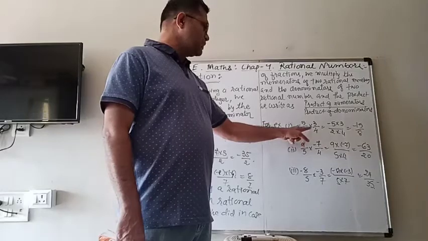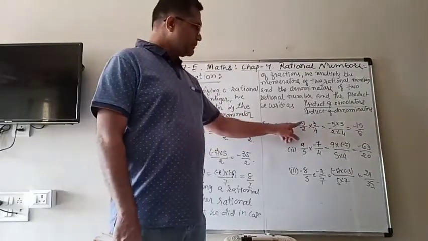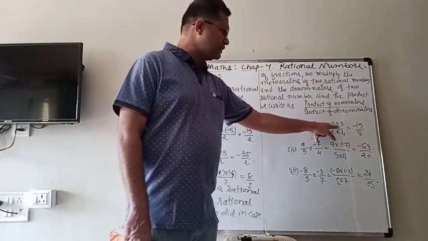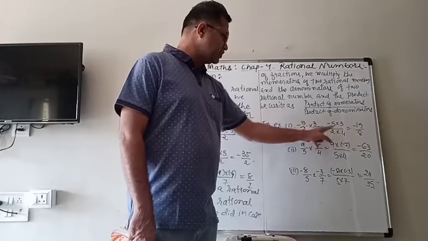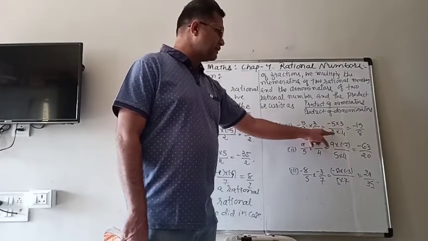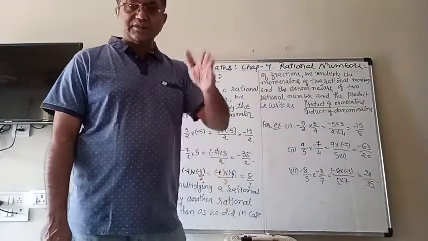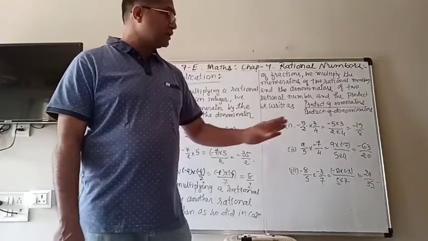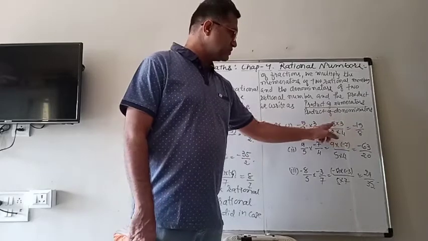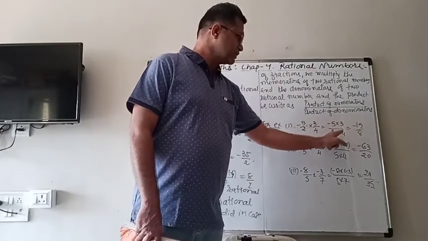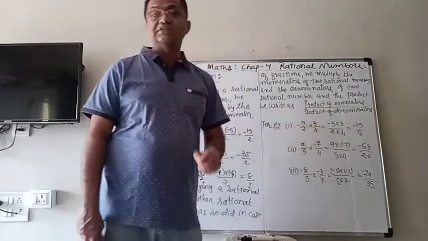Minus 5 upon 2 multiplied by 3 upon 4. So here minus 5 and 3 are in the numerator, so they are multiplied in the numerator as minus 5 multiplied by 3. And in the denominator, both the denominators are multiplied, 2 multiplied by 4. And if there is a cancellation, you can simplify it, otherwise you have to write down the answer. So here no simplification. So minus 5 3s are 15, 2 multiplied by 4 is 8. So minus 15 upon 8 is the answer.